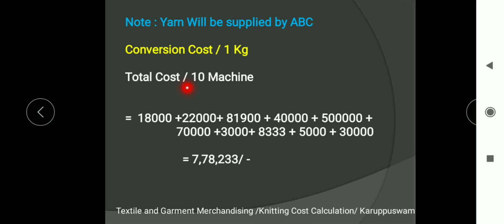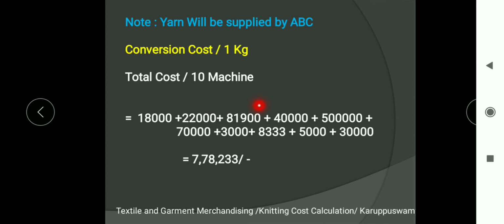So you will be having 10 machines. You should calculate the total cost to operate your business with 10 machines per month. So this is the knitting in-charge salary, that is 18,000 rupees. You appointed one knitting in-charge to manage the entire operation of your business, and then you will be having 2 supervisors. Each supervisor is drawing 11,000 rupees as salary. So for 2 supervisors it will be around 22,000 rupees.